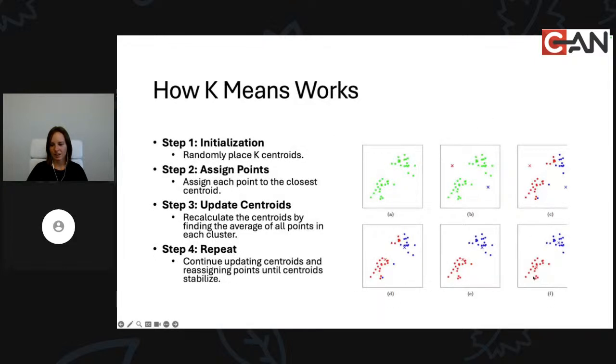Okay, so now we can understand this picture just a little bit better. We have step 0, where we have all of our data in picture A. In picture B, we have initialization, where we randomly place K centroids. We assign our data points to the closest centroid. In this case, these data points get assigned to blue. These data points get assigned to red. We update the centroids to be the center of those clusters. So we moved our centroids here, and then we